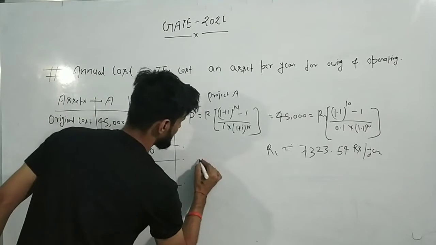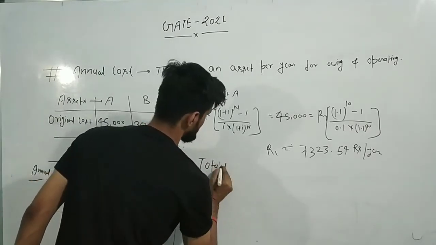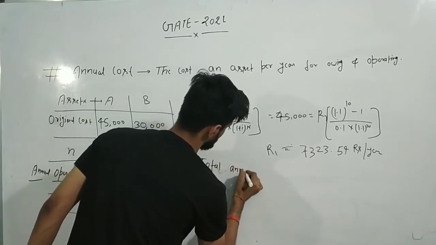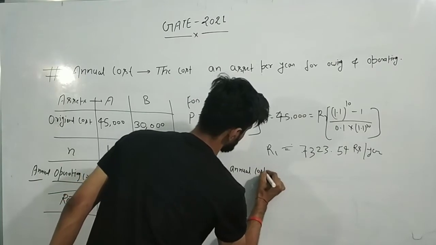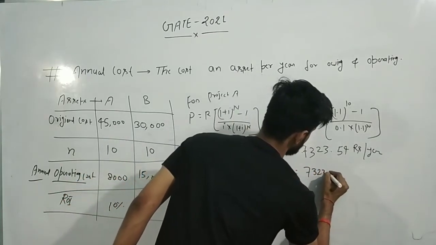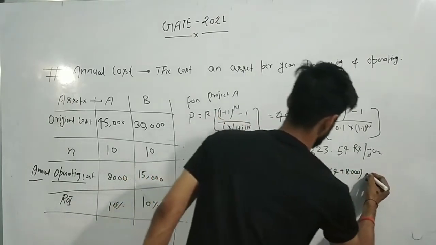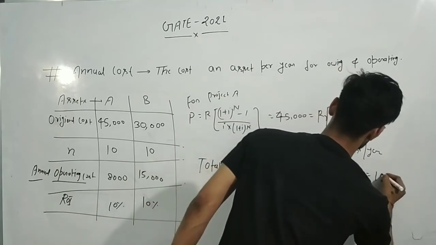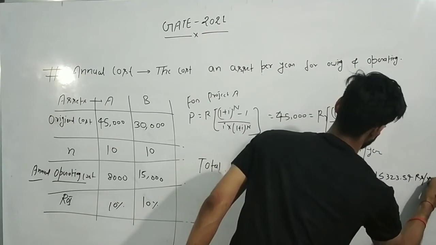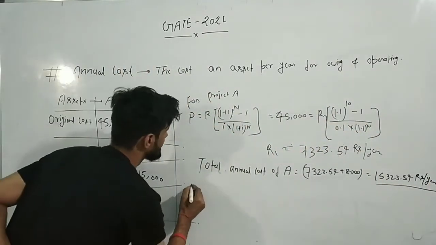Now if you want to calculate, this is operating cost. So total annual cost of A is equal to how much? 7323.54 plus 8000. If you add it, then you will get 15323.54 rupees per year. That much amount. Now if you want to calculate for